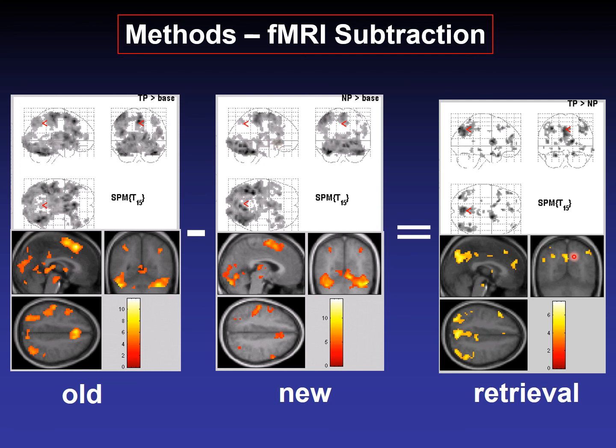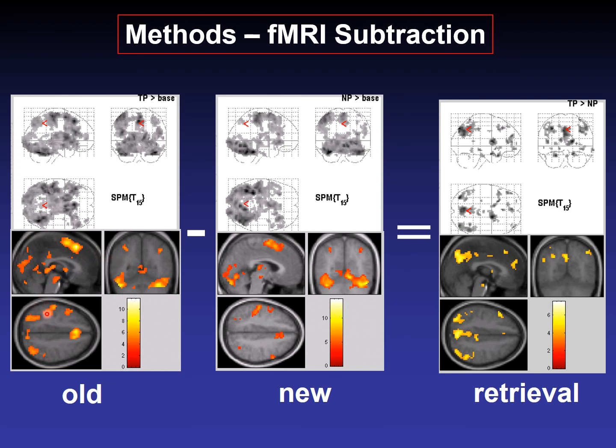Because what we want is this image here, the retrieval image, the brain. Where are those voxels in the brain that were significantly active during retrieval? However, as you could see, the task not only involved memory retrieval, but it also involved vision. You had to see the words, and it involved language. You had to read the words. And so when we look at our old image, or that is our item,